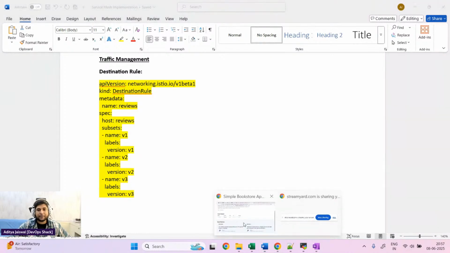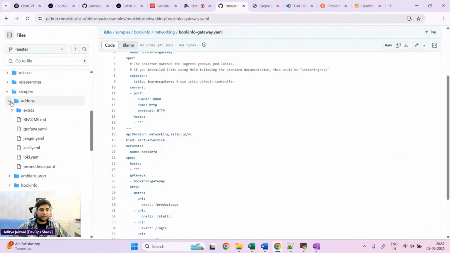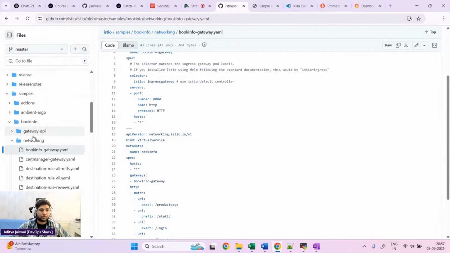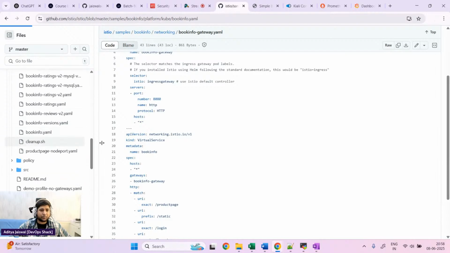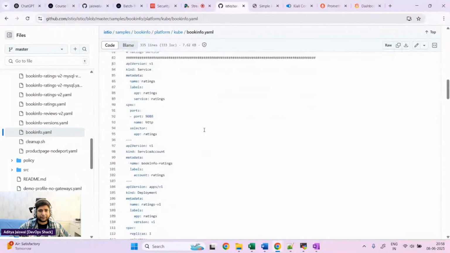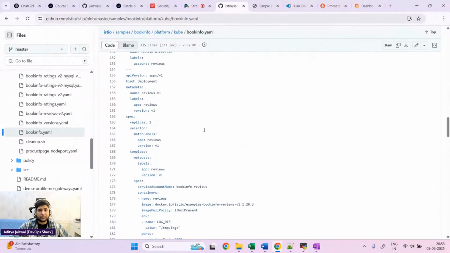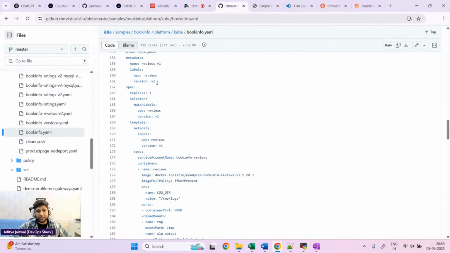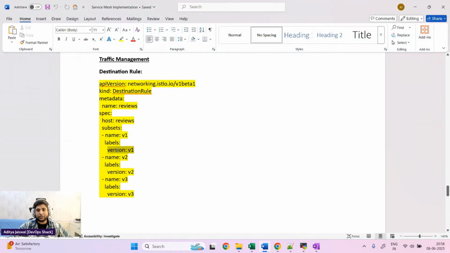From where this is coming, if I show you directly, samples, Bookinfo, platform, kube, we had this bookinfo.yaml. Here, reviews, you see reviews version 1. So here in label, we have added version v1, which is going to be utilized for individually identifying the pods. And that's why we have added it here, so that we can clearly set up a subset for each of the pods. Okay, so once you create the destination rule, we define very clearly that traffic